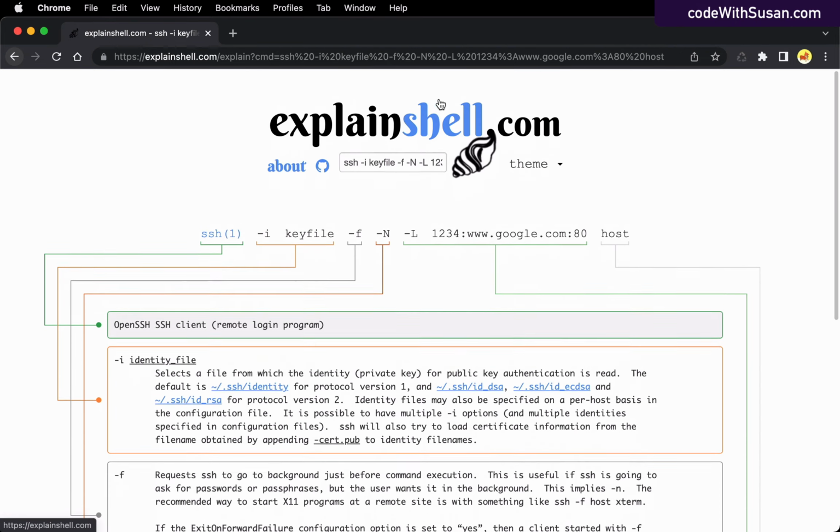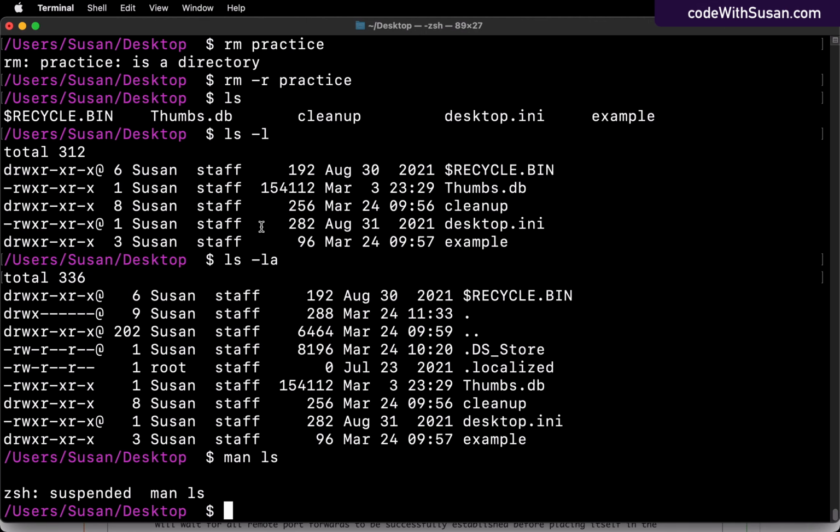And resources like this, explain shell or the man command, that's actually where I'm going to leave you on this whole exercise. Because that's what you're going to do next on your journey to getting comfortable with command line: you're just going to spend time with it. You're going to look up commands as you come across them and just become more and more familiar with it the more you work with it. My intention with this video is not to be a comprehensive, here's everything you could do in command line, just because there's really too much to cover in one particular video. Instead, I just wanted to give a general introduction to kickstart your journey into learning how to work within the